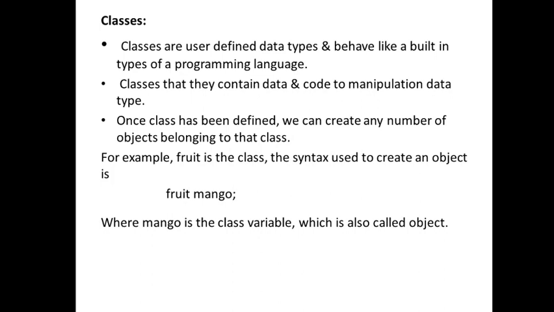For example, if I consider data of students, in a class there will be the name of a student, the roll number of a student, the percentage of a student, and the class will also contain the functions that operate on these data. So I can say in a class there is data and there is a function. In simple words, it is a unit which has data and code.